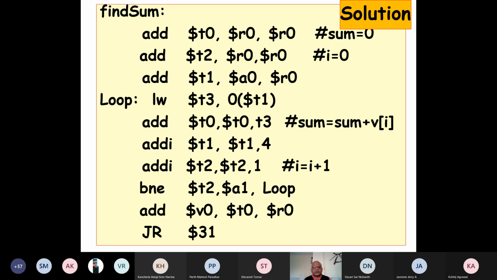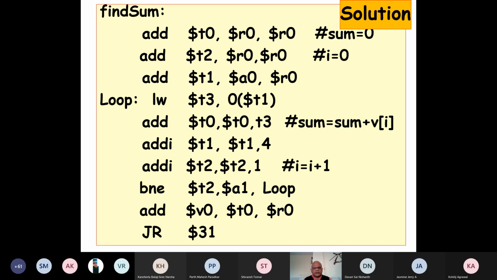What do we do next? We will add that to T0 to accumulate in the sum. Okay, so we added to T0 and we are accumulating the sum in the T0 register. Now we have added 4 to T1 and also added 1 to T2. Because T2, remember, is keeping the count of how many numbers we have added.